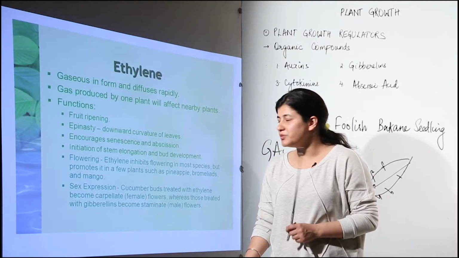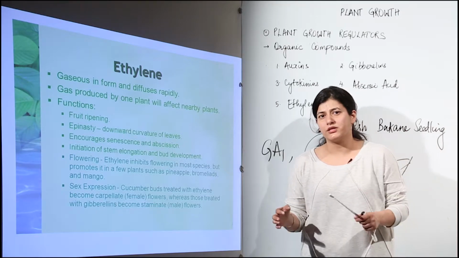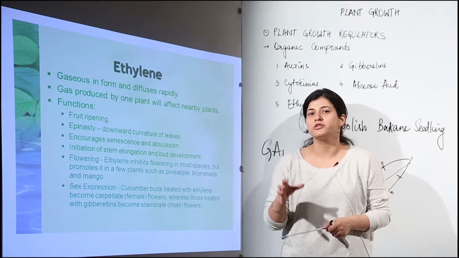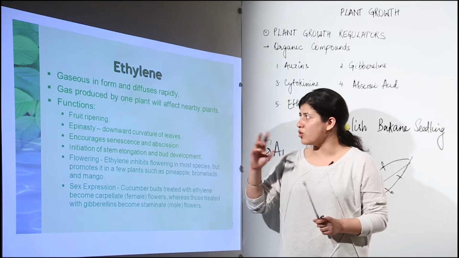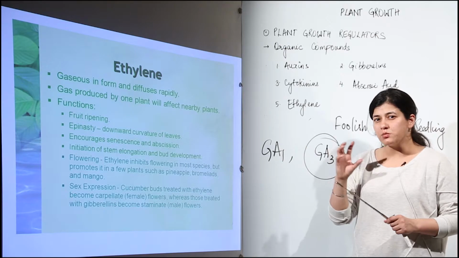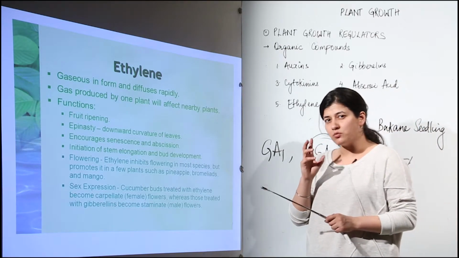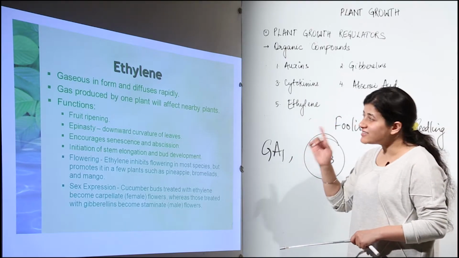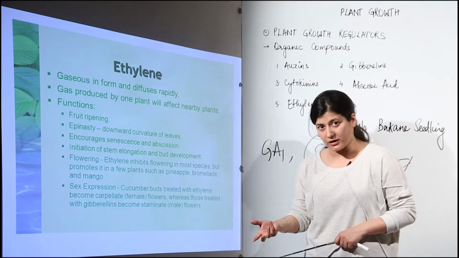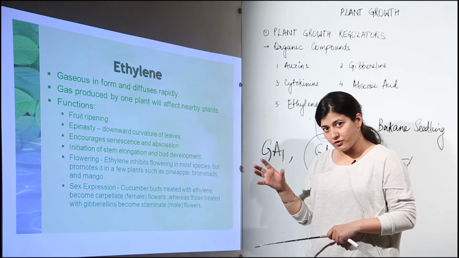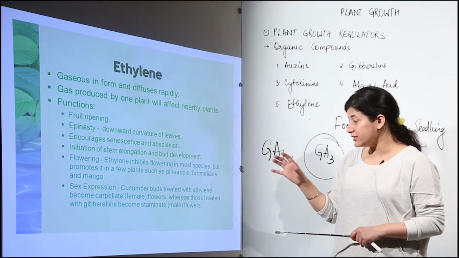And the last hormone that we deal with is ethylene. If you can't remember anything about ethylene, do remember that this hormone is responsible for ripening of the fruits. Along with abscisic acid, these two hormones bring more and more aging in the plant. We often confuse that abscisic acid is the most notorious hormone. That is not so. It is ethylene which is more notorious as compared to abscisic acid. Rather, abscisic acid is helpful to the plant. Ethylene is not that helpful, but because it is of great importance to the fruit industry, we do study what ethylene and its functions are.